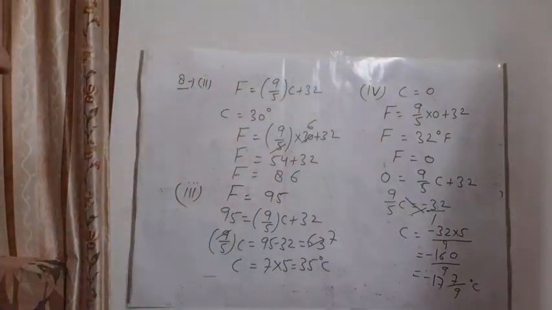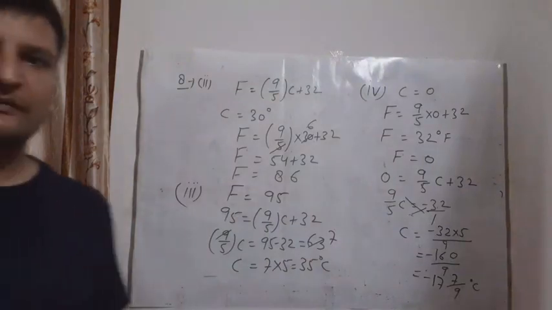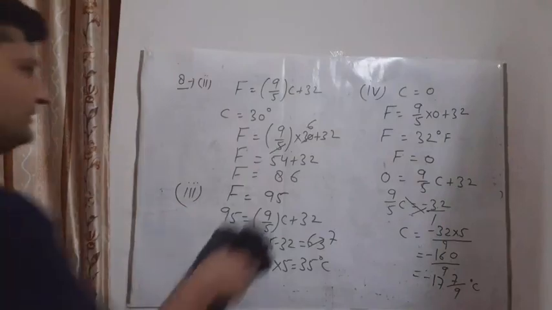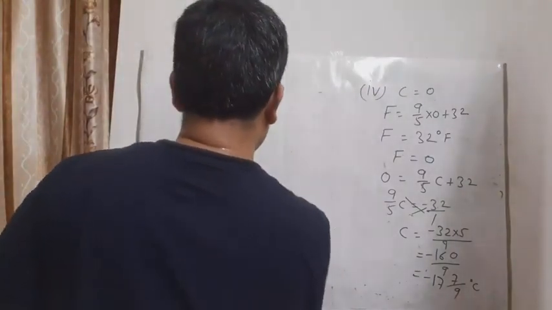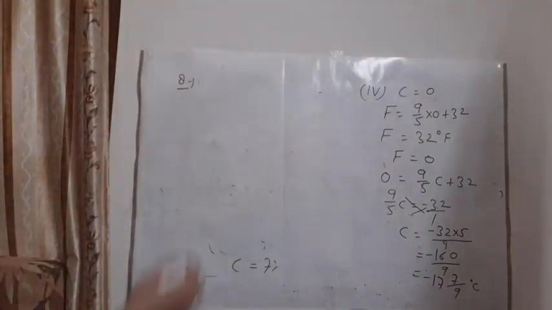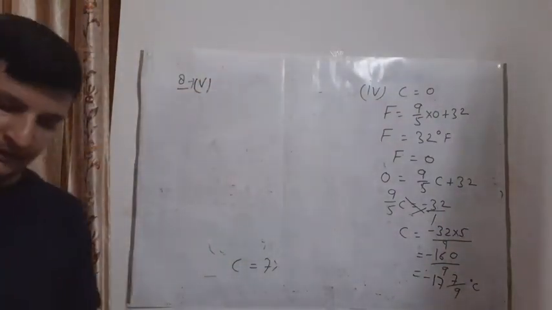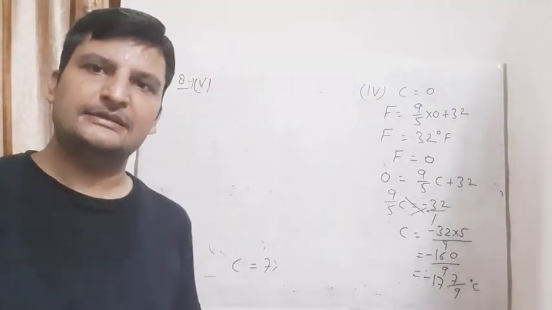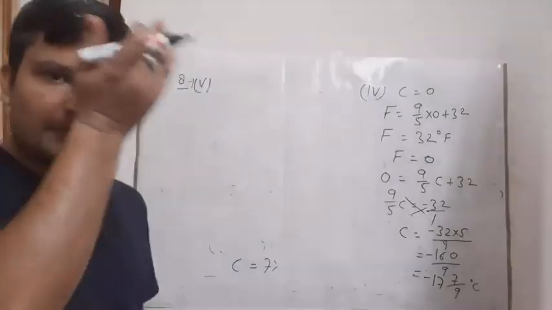Now students, as you can solve it. Now after this, only one part is left, the fifth part. The fifth part is very, very important from your exam point of view also. In this fifth part, what we have to do? We have to find whether there is a temperature which is numerically the same in both Fahrenheit and Celsius. हमें ऐसा कोई टेम्परेचर फाइंड करना है जो सेल्सियस और फॉरेनहाइट में सेम हो.